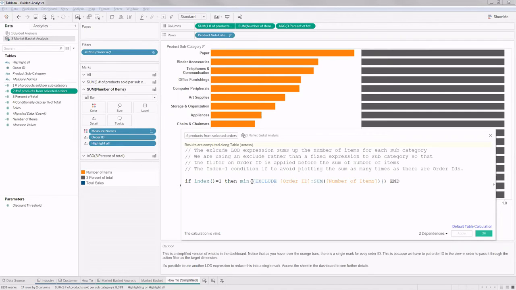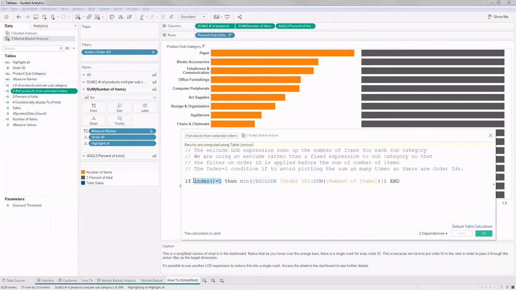Therefore, I'll exclude the order ID and get the sum of items. This exclude expression will give me the same number of products sold at each subcategory level. This will make sense once the action is made.